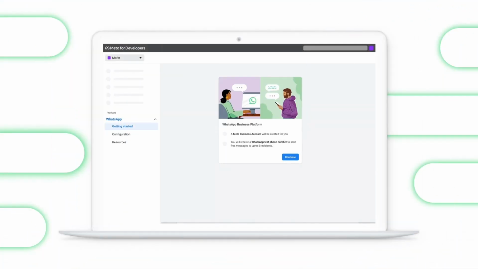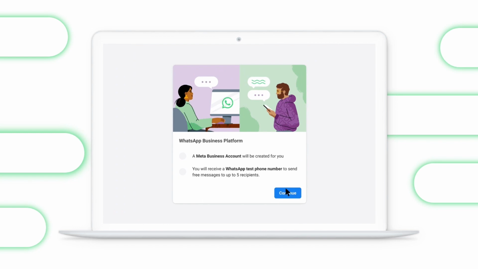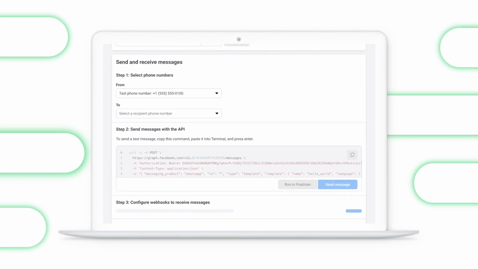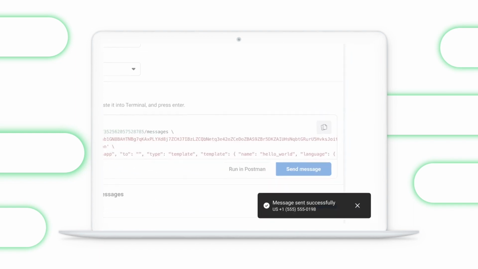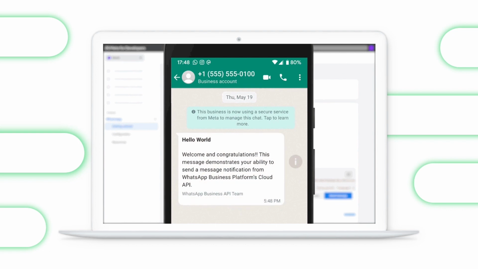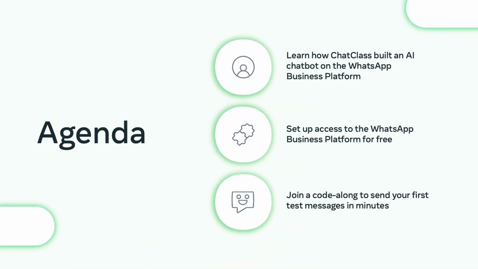As you heard in the keynote, we are excited to launch the new WhatsApp business platform to direct developers for the first time. Businesses all over the world use WhatsApp to communicate with their customers. And now, with the Cloud API on WhatsApp business platform, you can directly integrate your platform or your application with WhatsApp. To kick off, we'll hear from a developer who used the new platform during our beta.